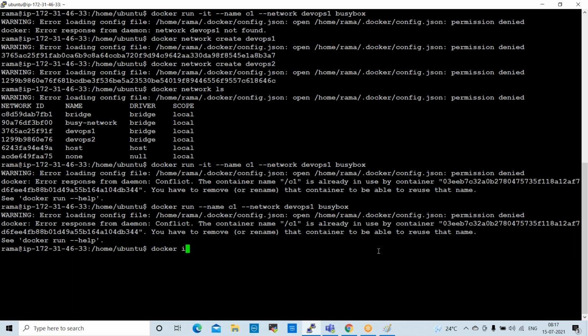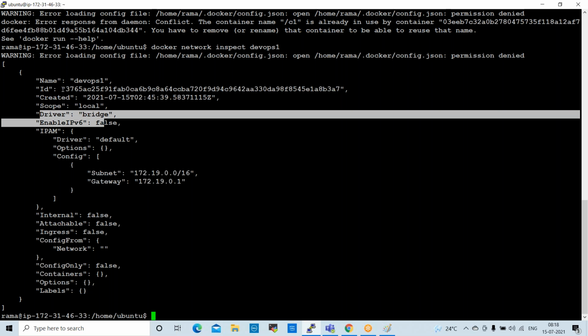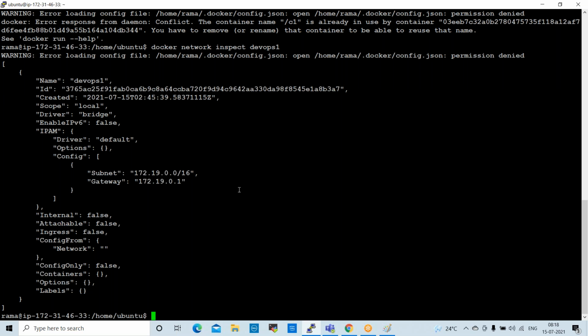Docker inspect, docker network inspect DevOps1. This is the DevOps1 network. C1 already exists, but the container is not available here.